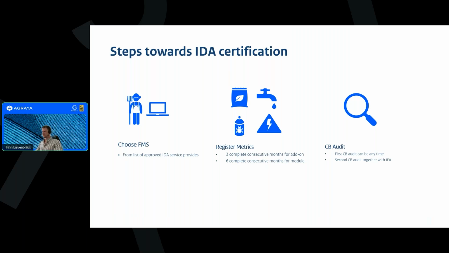Generally, these metrics that we require to be digitally shared are also metrics that need to be documented for IFA. So it can also decrease the audit time when a lot of the documentation doesn't need to be retrieved from paper documents. When the auditor asks you how much fertilizer you applied in this month, the producer will not need to go to the cabinet, look for the right folder, and find the right document, but can with a few clicks just show their records digitally.